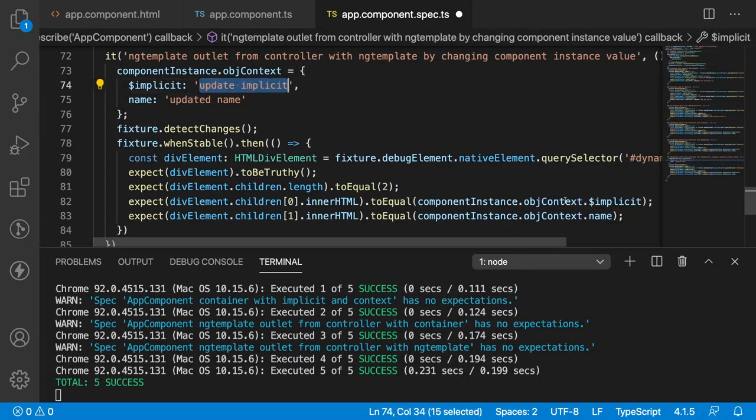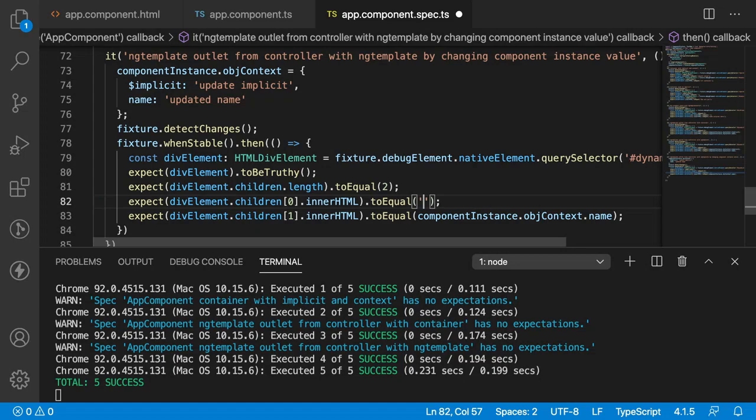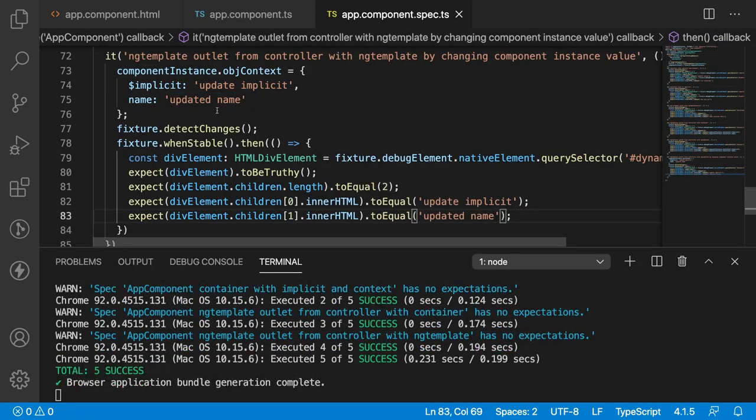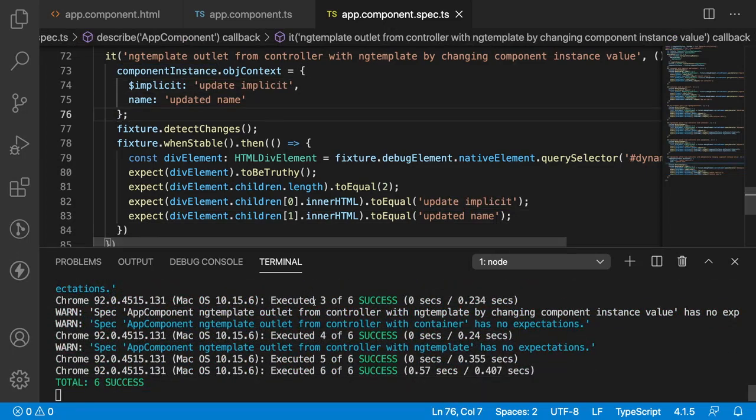So I can give directly in this component instance dot obj context dot dollar implicit, but I want to check with the text itself so that it will give better understanding. Let me copy this updated name and pass here. So even we can change our component instance obj context dynamically, and 6 have been successfully passed.